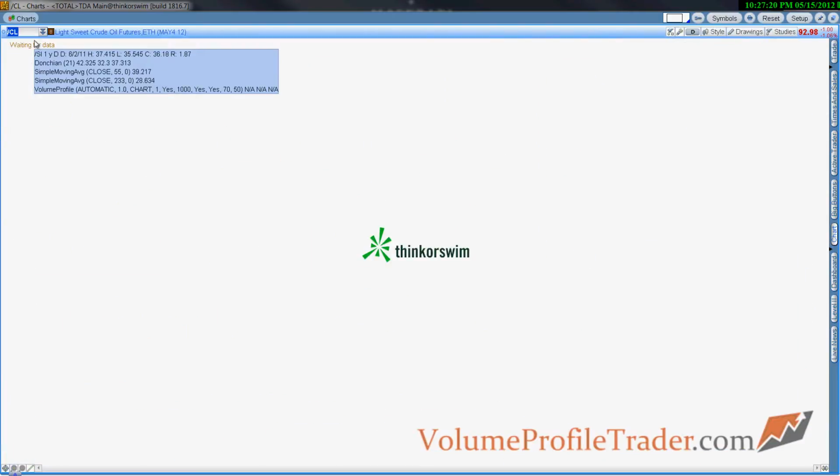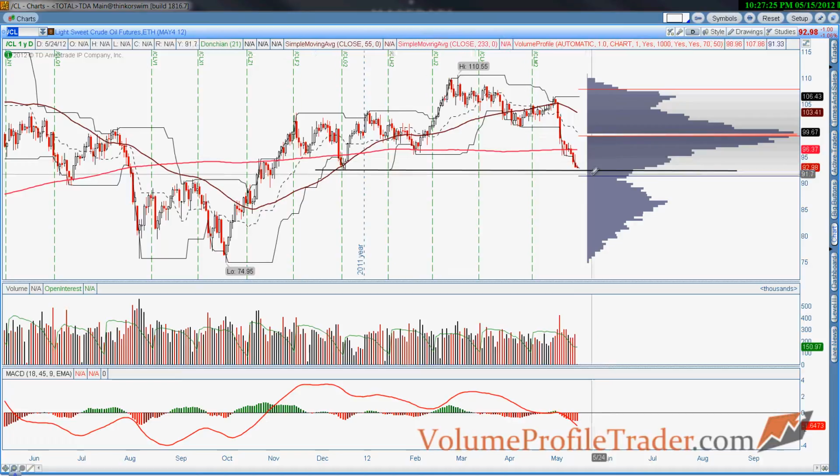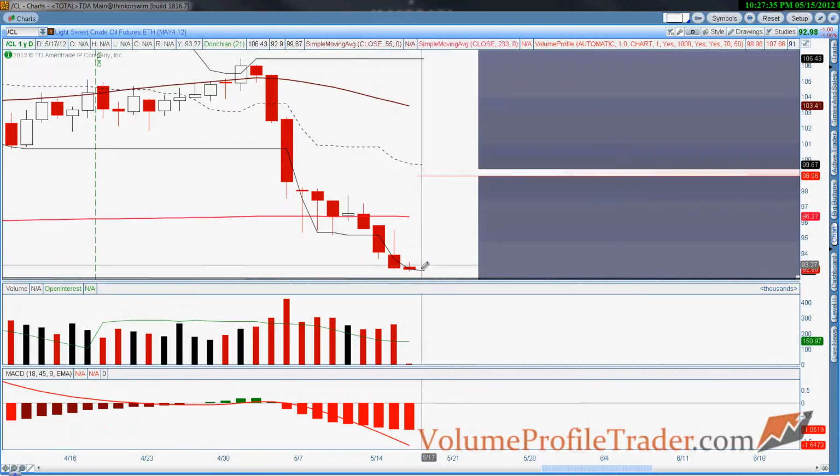Oil, just to show it, I recommended looking for some type of bounce. I still believe that can be in the cards. You just have to see the bounce occur, and once the bounce starts, you can start defining your risk to the downside, because once the buyers start coming in, let's say tomorrow